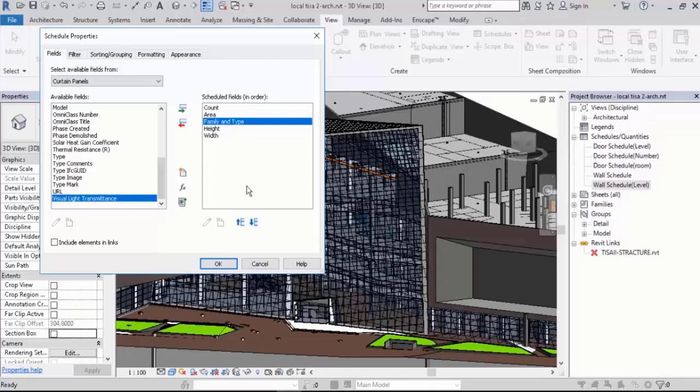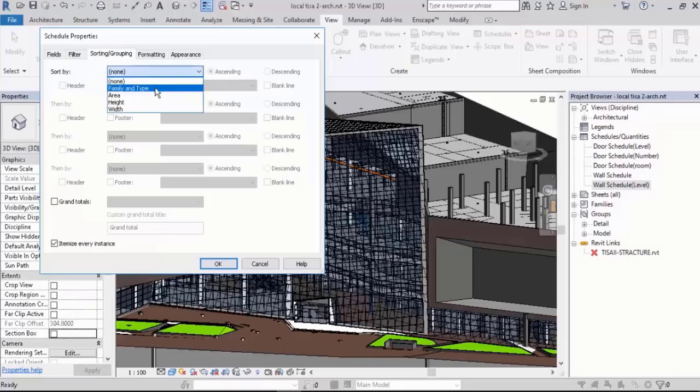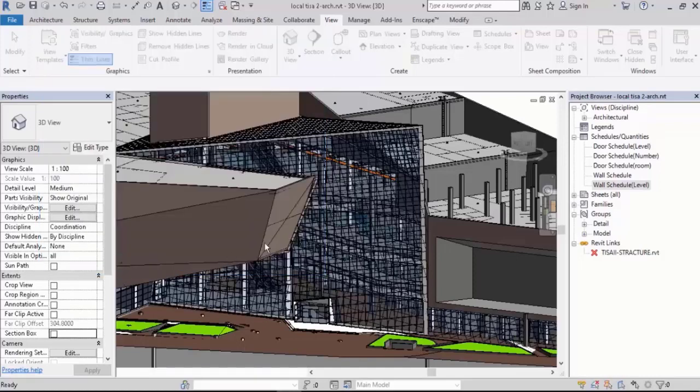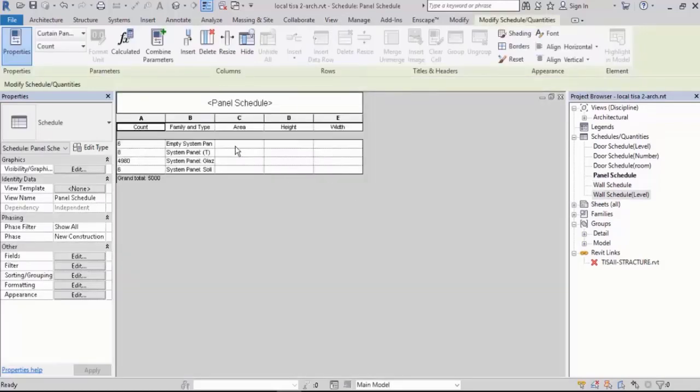You're seeing the other side of the Revit. That's great. So that's enough. Grouping based on family and type. I want the total, no itemize. Let's just click OK for now. Let's find out what's going on. So, see,